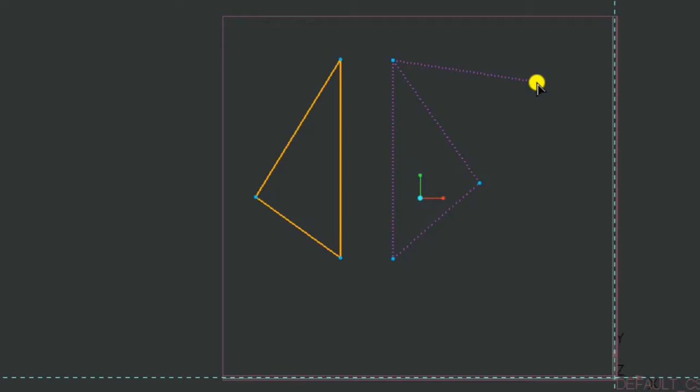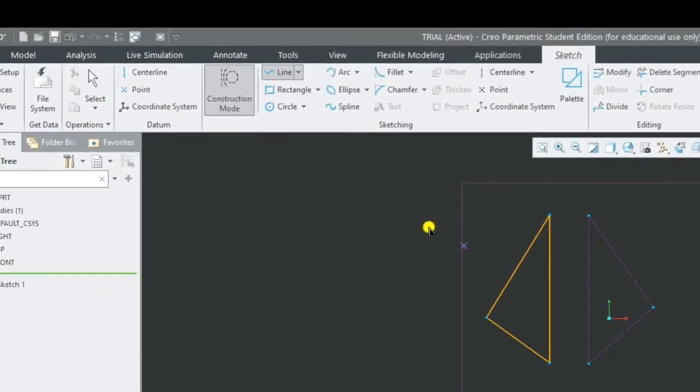You don't have any dimensions for that one; it draws it completely. You can see there is a difference between these two. You can do it for a rectangle also. In the construction mode, the geometry is only for reference purposes and can't be extruded.